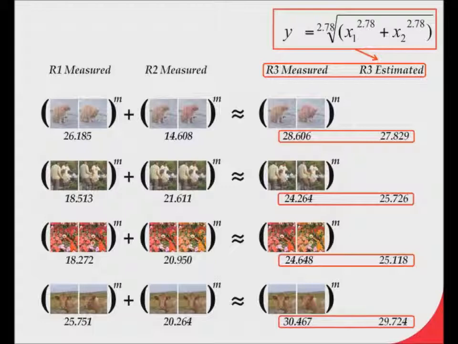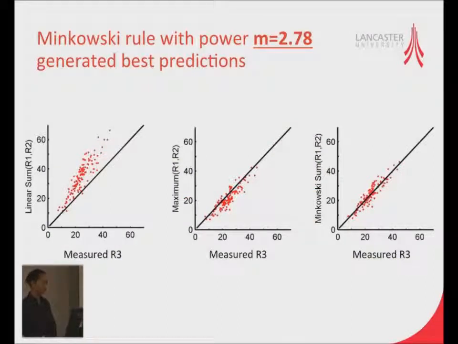Now, here I present them all together, but I'd like to remind you that we presented 900 pairs of images, and they were all randomized. In addition, if you remember how difficult it is to rate these images, there's actually quite a lot of subjectivity. And the fact that we could still manage to get quite accurate predictions is pretty fantastic. Okay, so I was really, really excited about that. So just a summary. If you look at linear summation, you tend to over-predict R3. If you look at maximum, it tends to under-predict. But when you use the Minkowski summation with M equals 2.78, you get pretty good estimations, which is pretty cool.